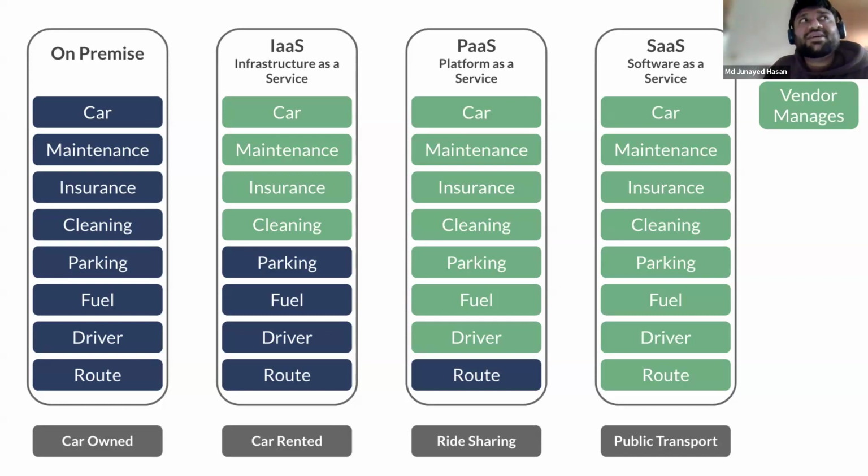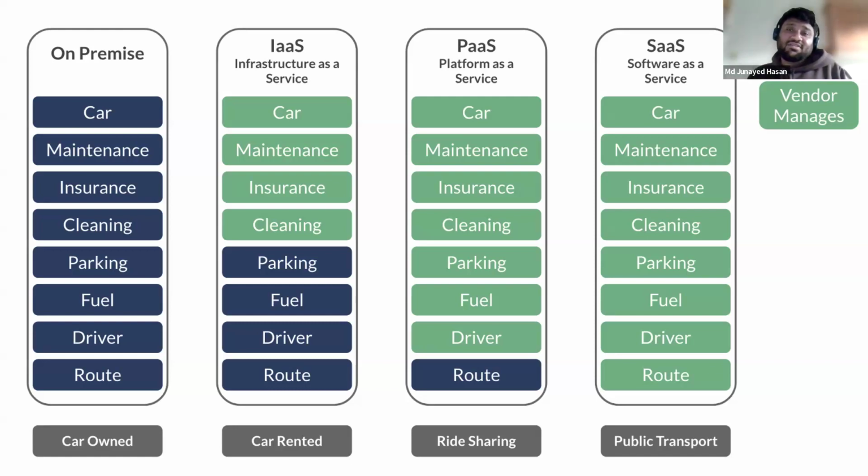Or sometimes maybe some guy comes and tells, I don't know, I think this thing is not available in Korea, or it's like a public bus of some sort, okay? So there is a driver and they ask people to take the seats. Maybe a car has 3 seats apart from the driver. So people can rent a seat and go in the car to somewhere else, right? So this is platform as a service. Here you only pay for the route you are going to. So three persons are paying for the route. You do not need to pay for the fuel, driving, parking, nothing. Okay, so that is platform as a service.